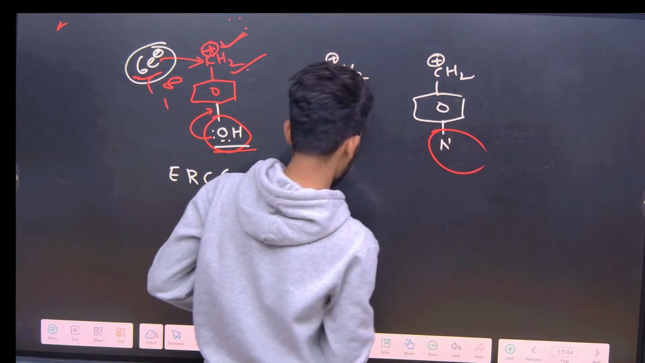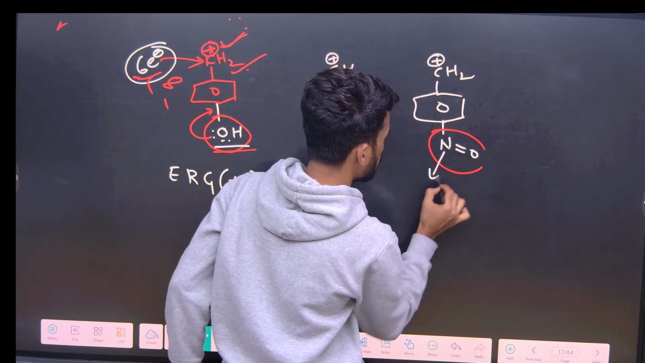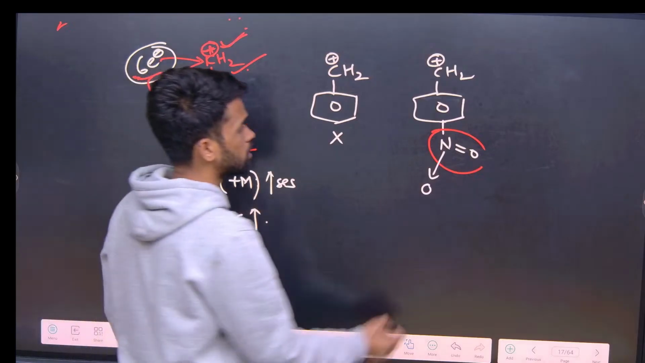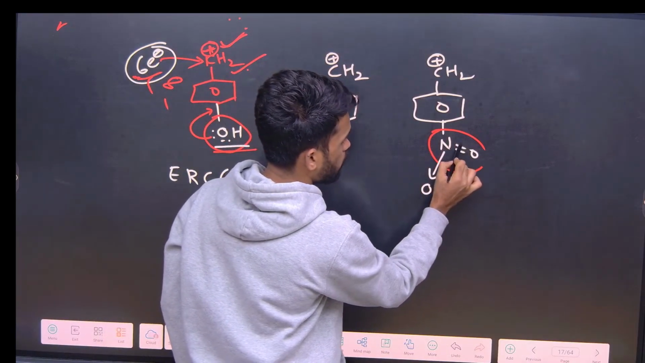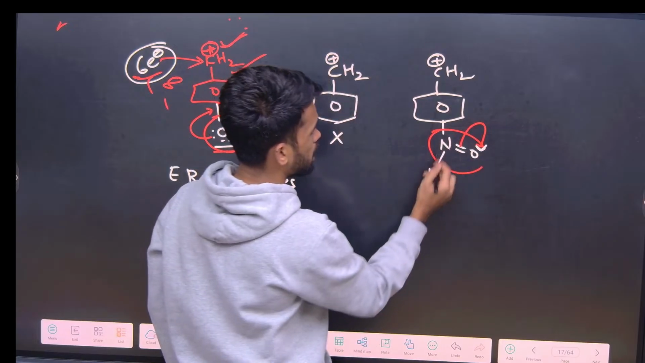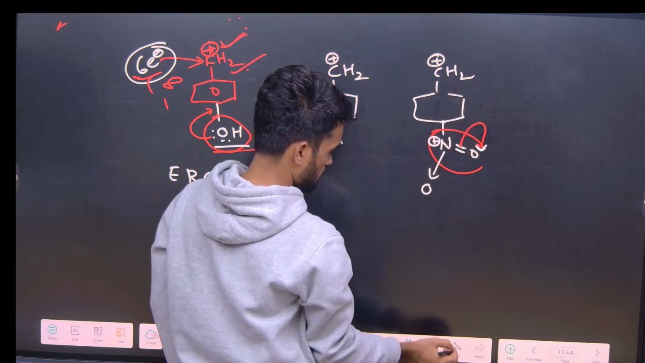Just look at this nitro. How can you write this? Double bond O and O minus, like this you can write with a double bond. Now what happens here? This pi bond of oxygen will be shifted onto the oxygen side. That creates a positive charge on the nitrogen, and pi electrons of this phenyl ring